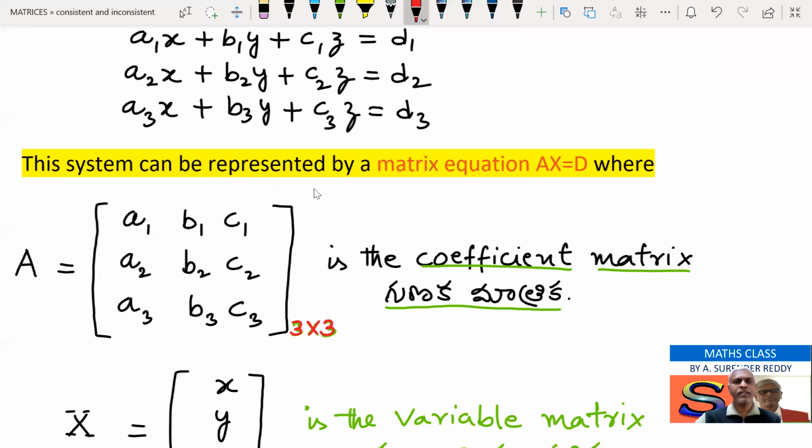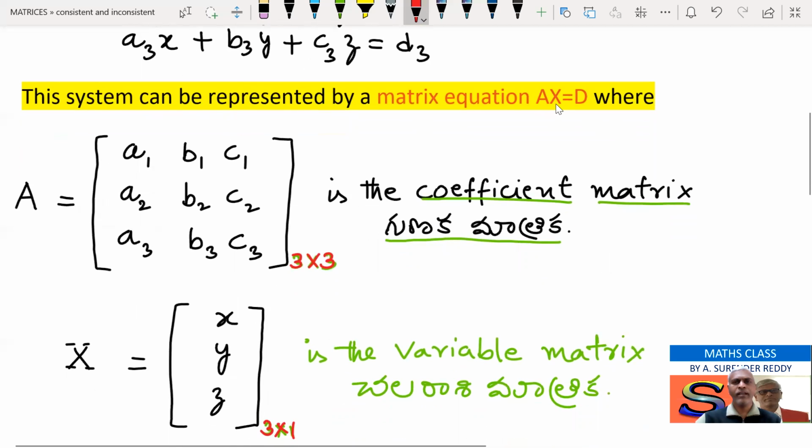This system can be represented by a matrix equation, that is AX is equal to D. This algebraic system can be expressed in the form of a matrix equation, that is AX is equal to D. ఈ సమీకరణ వ్యవస్థను మాత్రికా సమీకరణం ద్వారా సూచించవచ్చు. AX is equal to D అనే మాత్రికా సమీకరణం ద్వారా కూడా ఈ వ్యవస్థను సూచిస్తే,